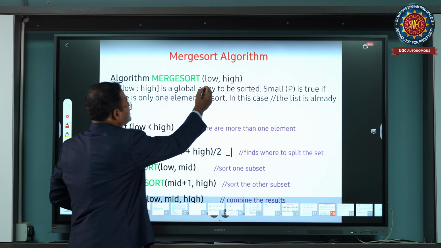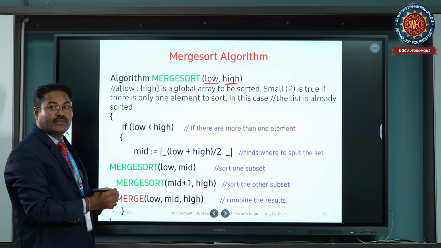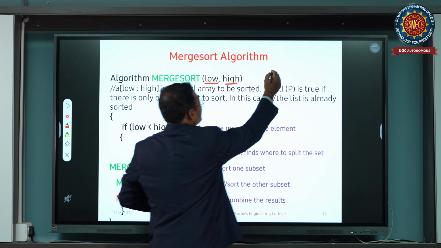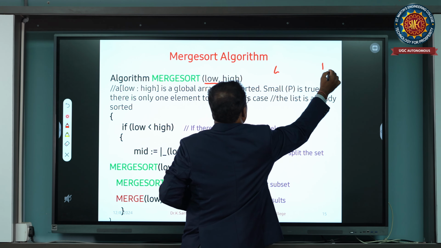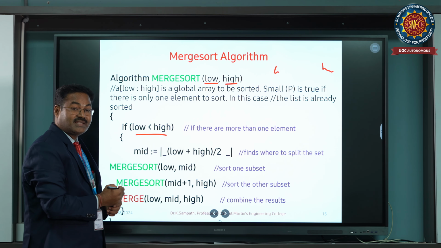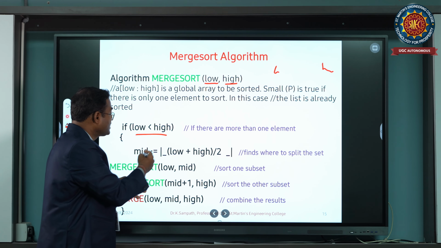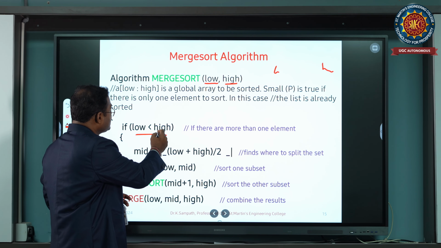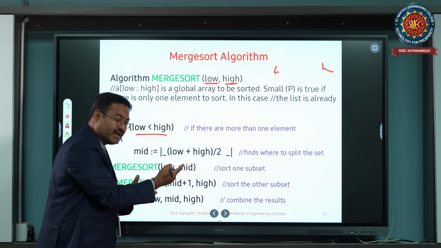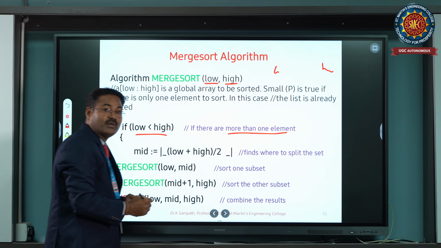Right. Algorithm merge (low, high). Low, high means first we have to take a low indexing value and a high indexing value, right? And then if low is less than high, we are checking whether the problem is small or not. If low is less than or equal to high, it means a single element only, right? If low is less than high, it means there are more than one element in the given